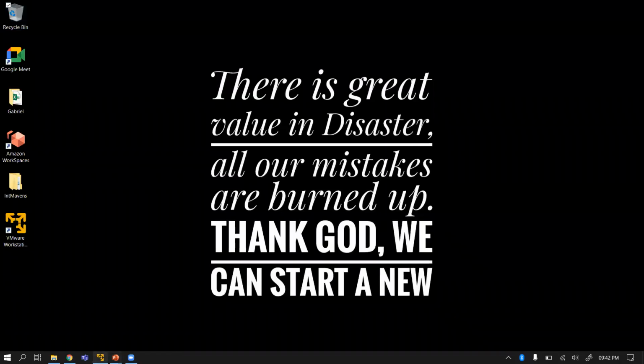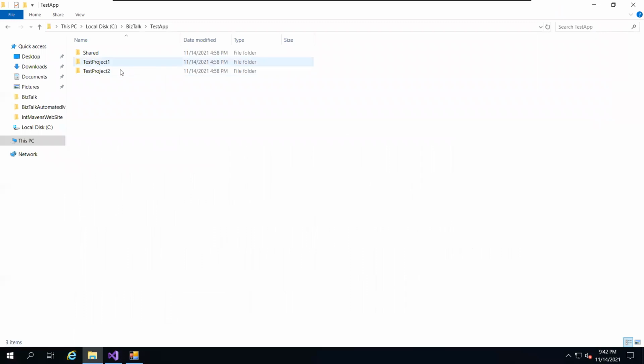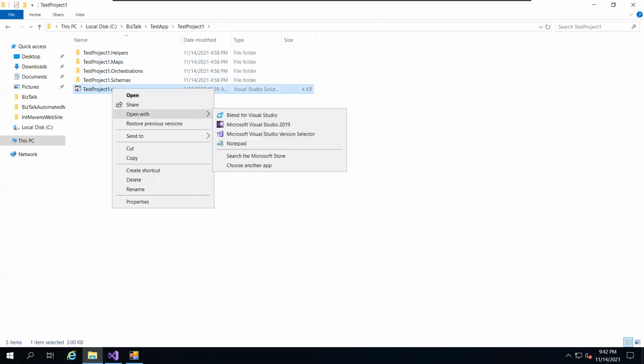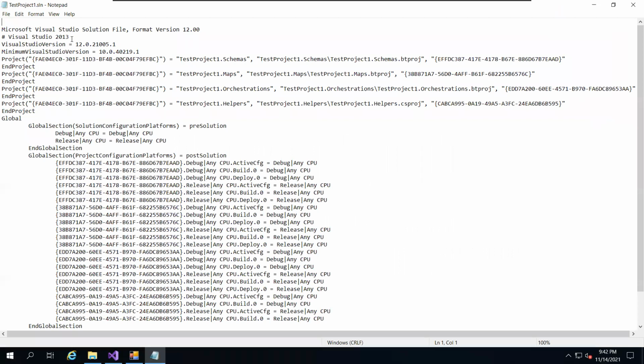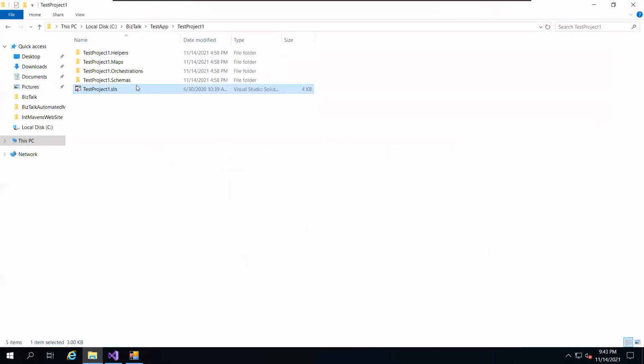So now coming back to the demo, we have created one application. If you see here, we have BizTalk 2013 solutions, and the Visual Studio is 2013. It's a very typical architecture which we follow for any BizTalk project. We have created a schemas project, orchestrations project, maps project, and a helper project, right?